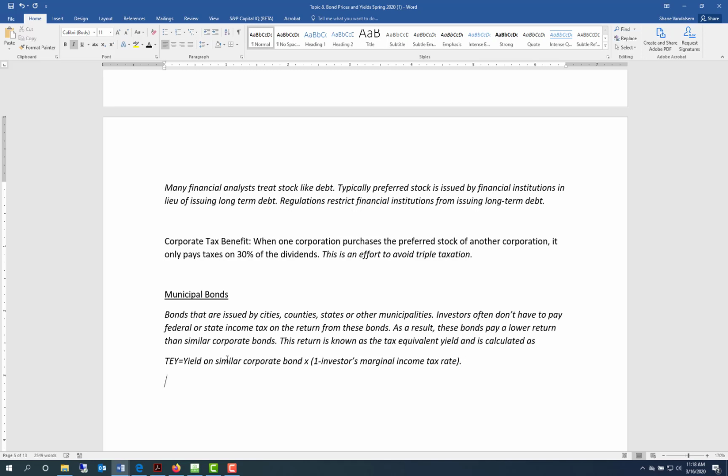So for example, if the state of Kansas were issuing a municipal bond, the state of Kansas has a AA bond rating right now, and let's say the length of the bond is 30 years. What we would do is look up the average yield on AA rated corporate bonds with a 30-year maturity, and then take the top marginal tax rate for investors, and we could figure out approximately the yield that the state of Kansas would have to pay on those bonds in order to get people to buy them. So let's say that the yield on similar corporate bonds